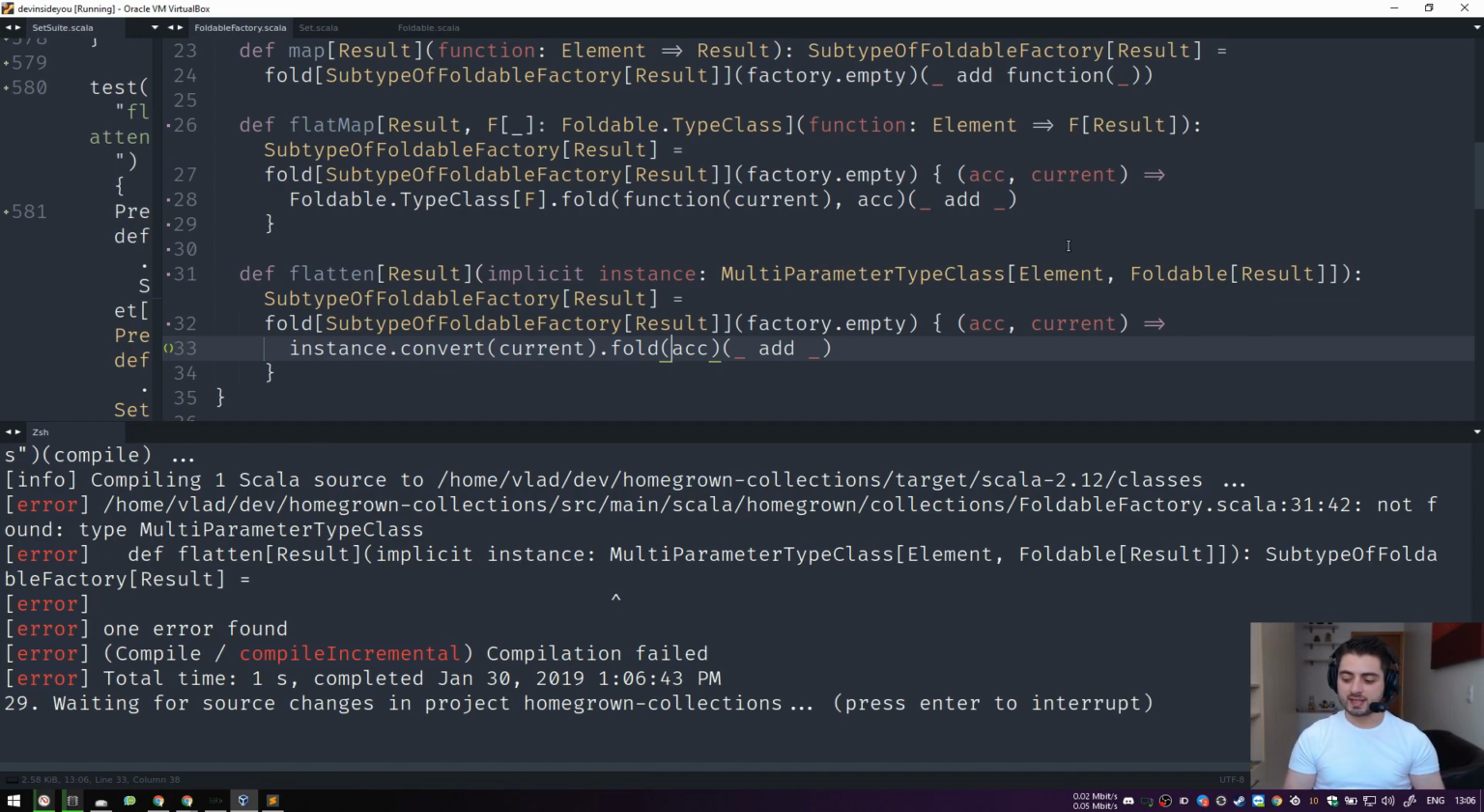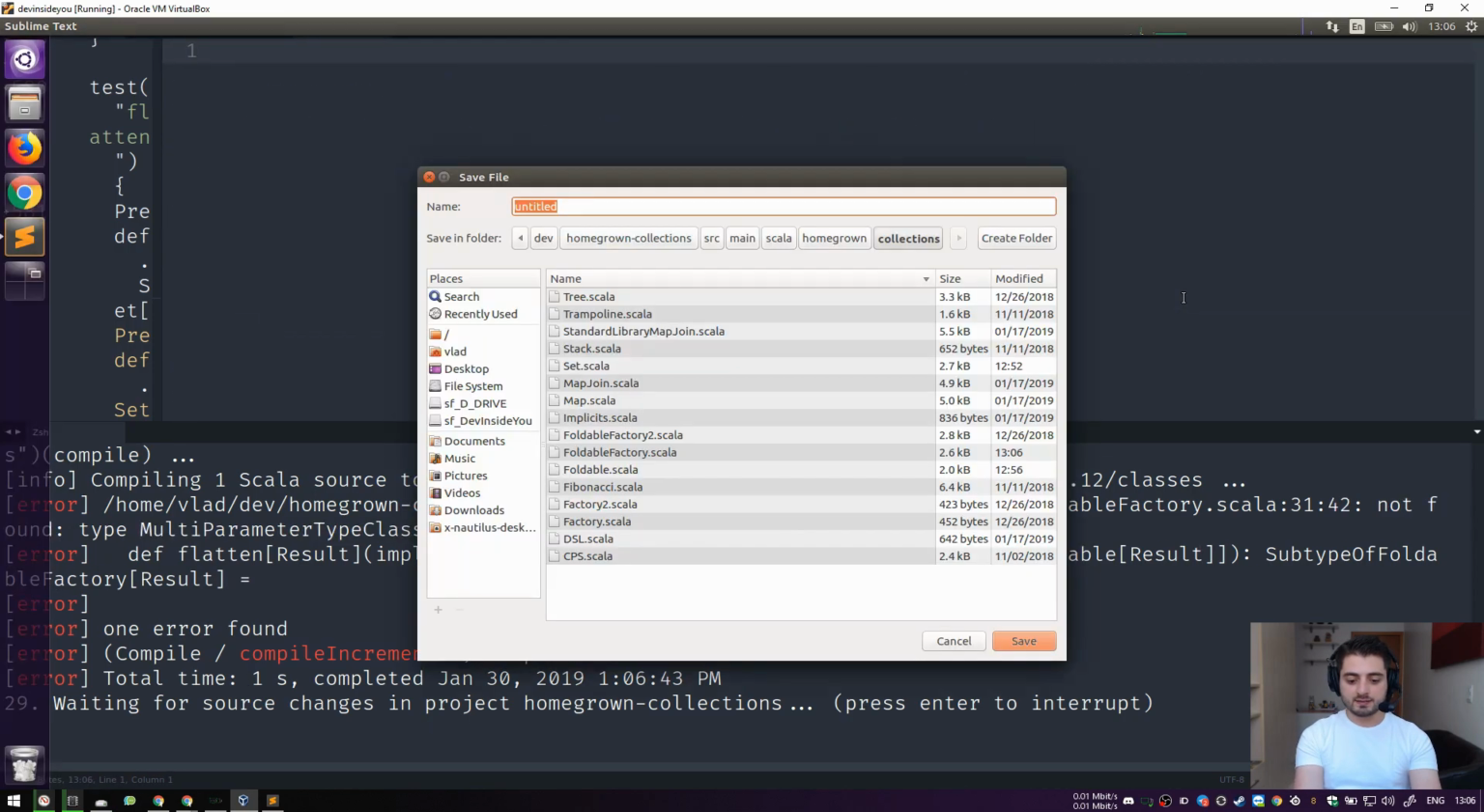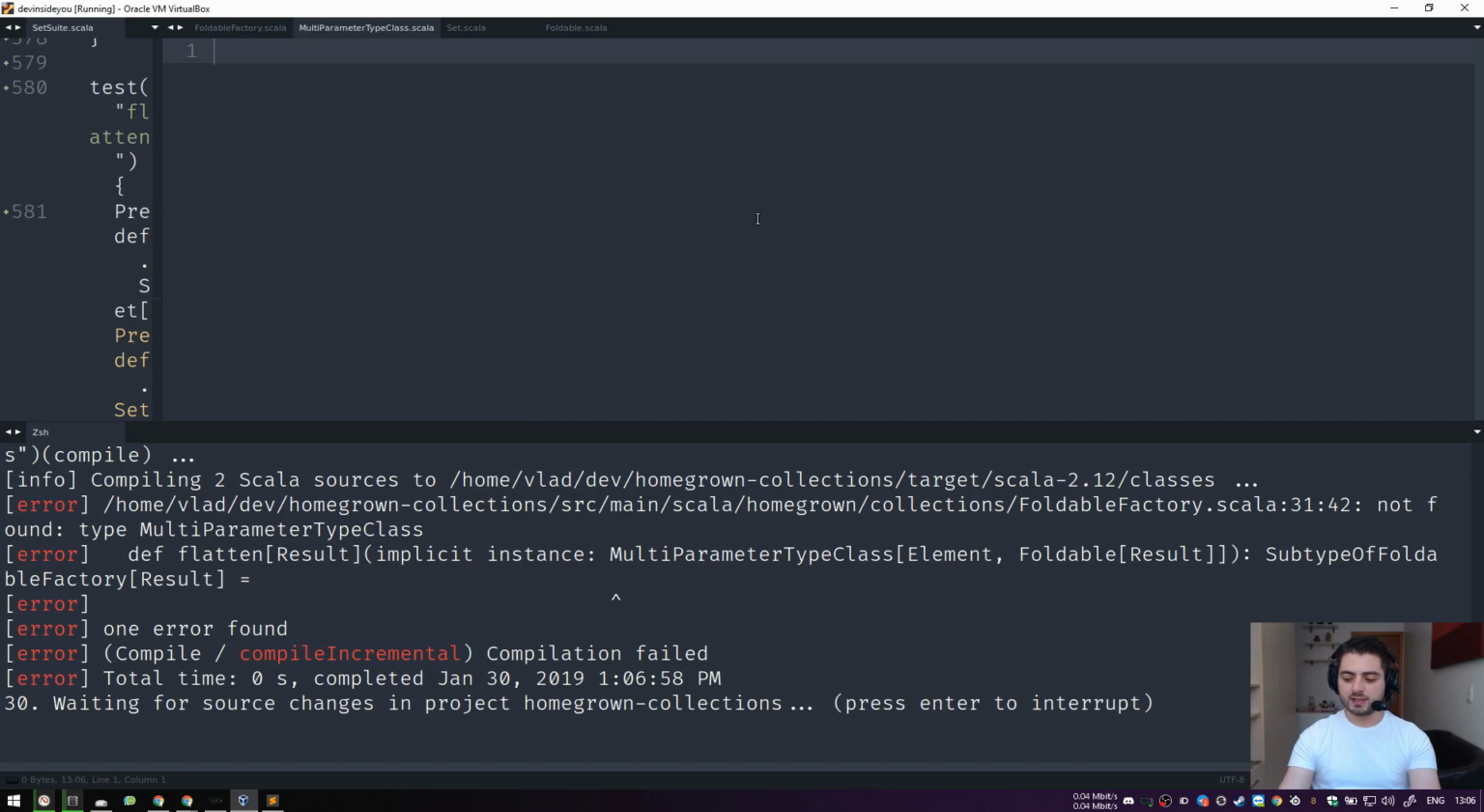Okay, so basically we're getting closer to the view solution, but we're still trying to squeeze type classes into that. Okay, so what we're going to do is we're going to create an entirely new file. I'm going to save it. I'm going to call it multi-parameter type class. Okay, we're actually going to remove it by the end of the video. Okay, so it's still going to be in the homegrown collections library. Okay, and it's going to look like this. It's going to be called